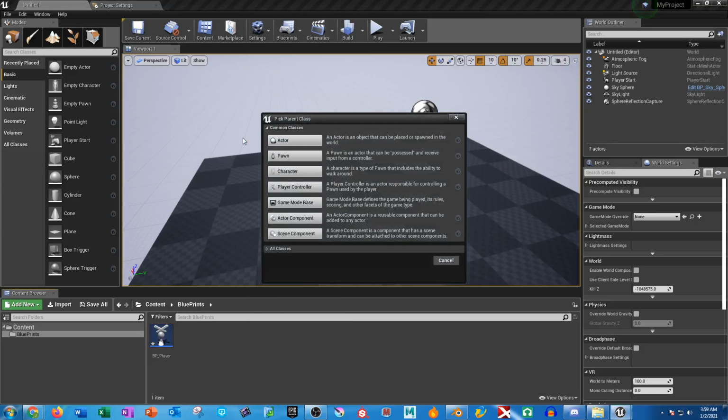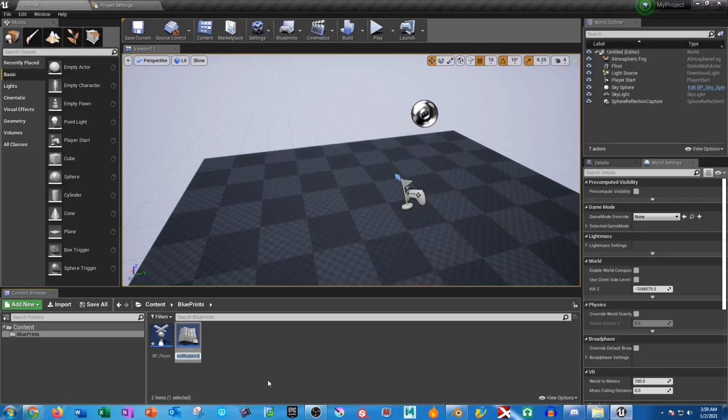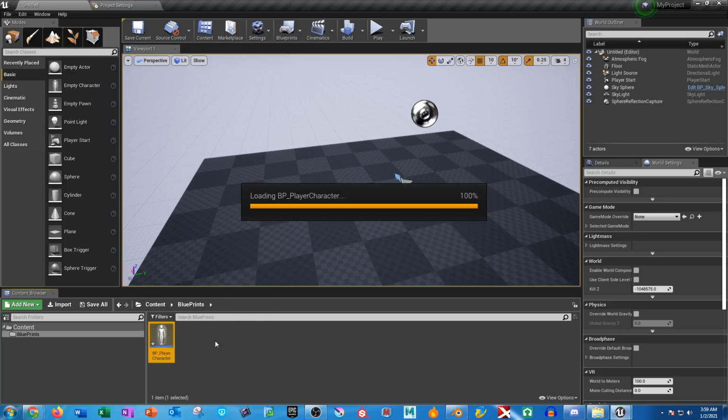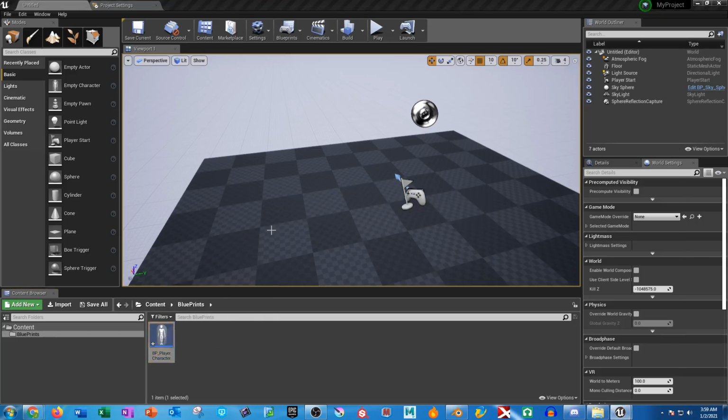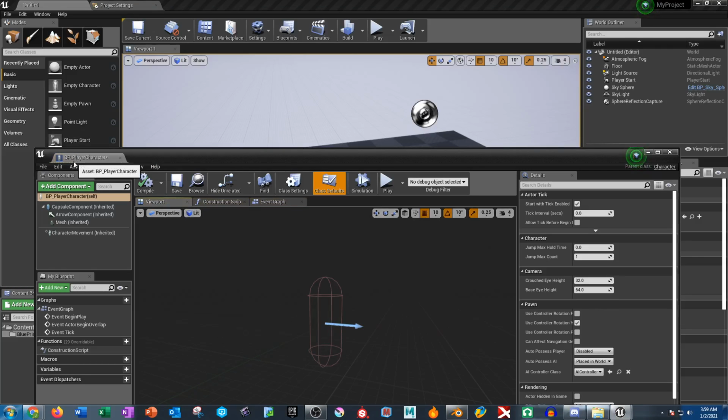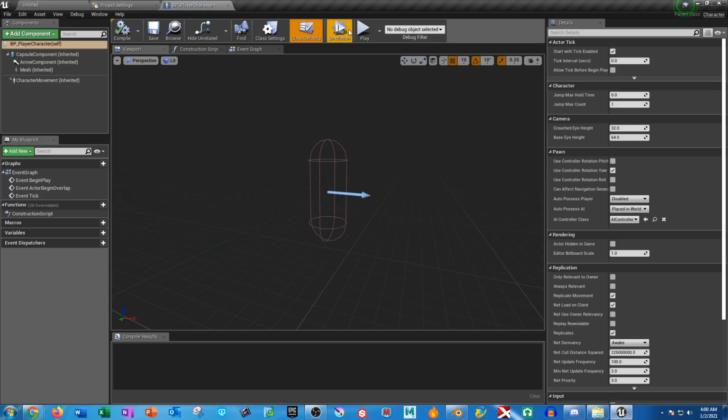Another class that we could have created would have been a character class. Either one of these would have been fine. Player character. So either one of these would be fine. In fact, I think this one would probably be better. So as well, I'm going to go ahead and open this up, and you will notice that if I just hit play on this,